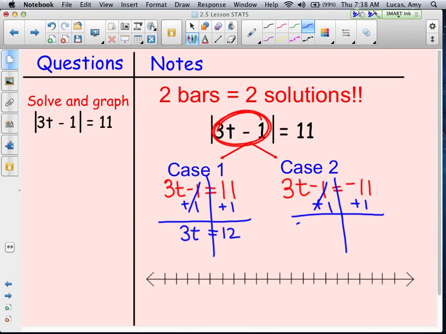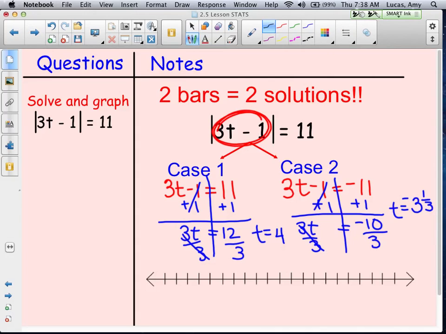This one gives me 12. This one does not give me negative 12, it gives me negative 10. Divide by 3, and I get 4 for one solution, and for the other solution, negative 3 1/3, or negative 3.3 repeating. Graphing them on a number line means, here's my 1,